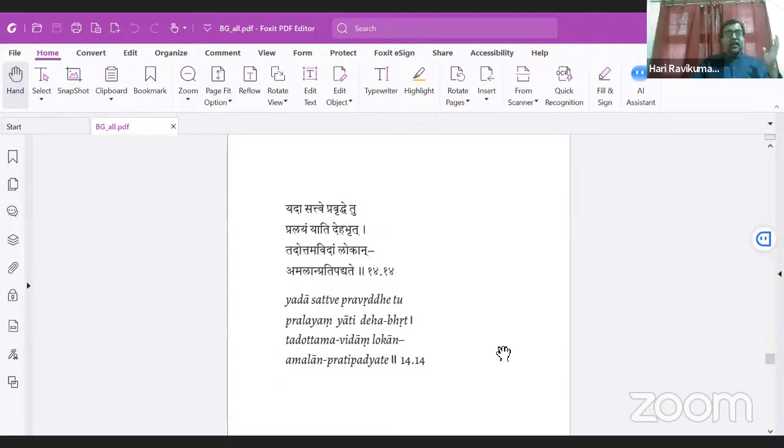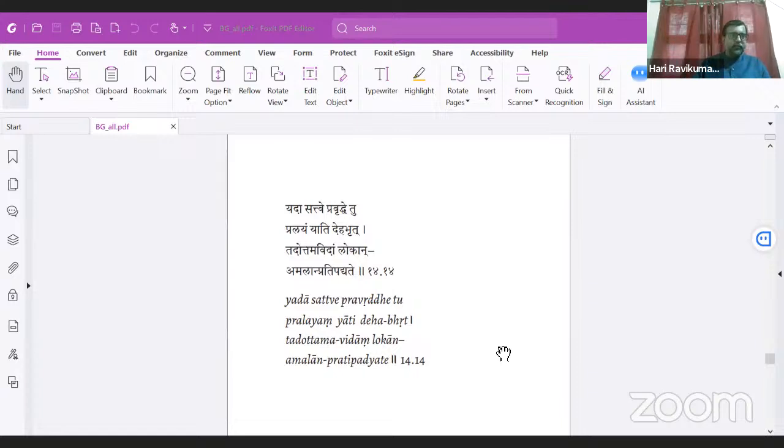Then he says, Yada satve pravriddhetu pralayam yati dehabhrit tadottama vidam lokan amalan pratipadyate. So when the soul departs from the body, when the Atma departs from the Deha, when Sattva is predominant, the soul or the Atma attains the pure worlds of the wise. Now, when we say soul, it's just an easy usage. Atma is Atma, which we know as the inner higher self. So when the Atma departs at the time when Sattva is predominant, then the Atma attains the higher worlds of